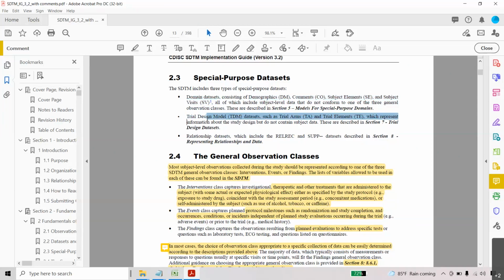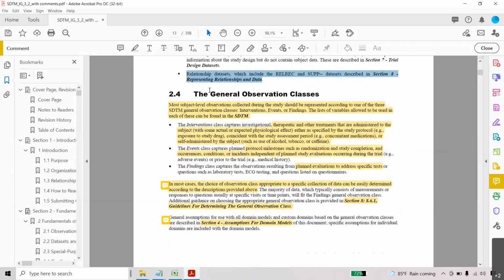And the trial design talks about the trial, only the clinical trial. And the relationship datasets, the relation between the datasets. Just now I said that if the subject gets an adverse event, the subject may take some medication, correct? So then there is a link between the adverse event and concomitant medication. There might be a lot of examples. So how can the link be done?